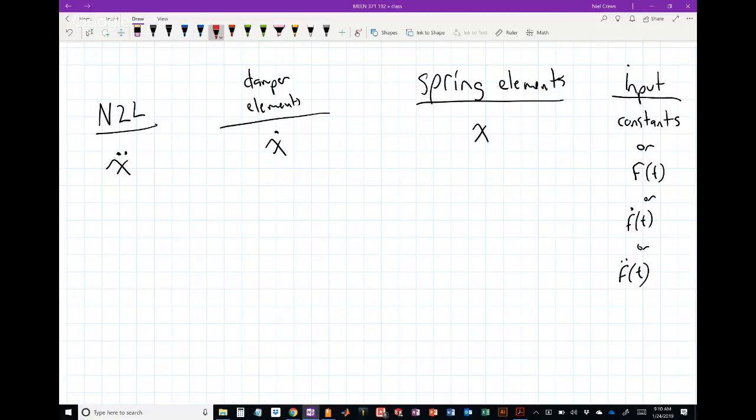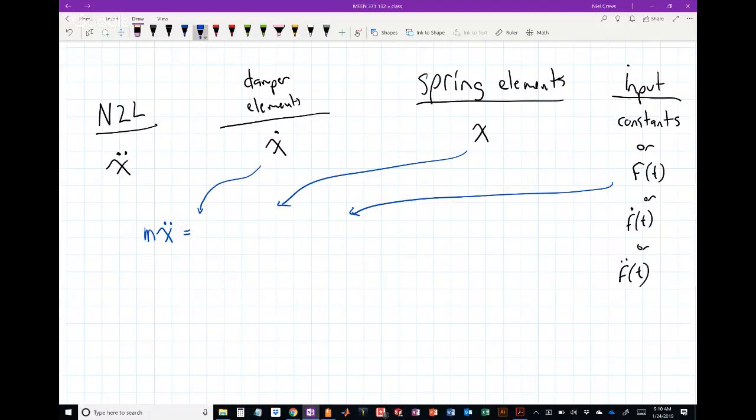But this comes from Newton's second law. And so the way that we're going to develop these equations is always going to be through Newton's second law, right? And that would be something like that. If we wanted to do that for rotation,